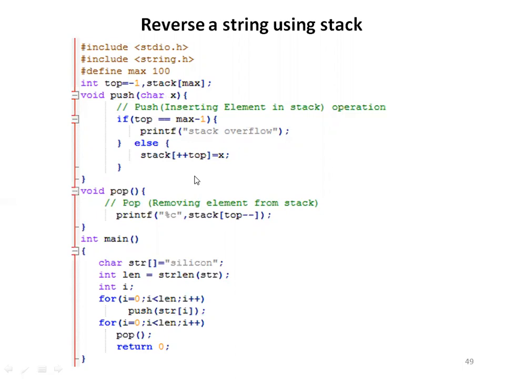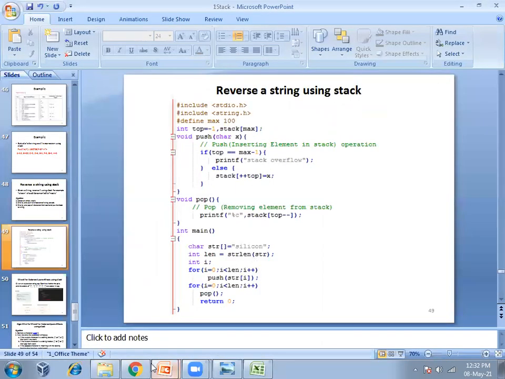After inserting, we have the stack ready. Now we have to pop the elements. According to the algorithm, just pop, and you can insert that into the string, or you can just print that also. So here I'm calling the function pop, and in the pop I'm just removing and printing the value. Then return 0. This way it will print all the elements in the reverse manner. Let me show you by running this code.